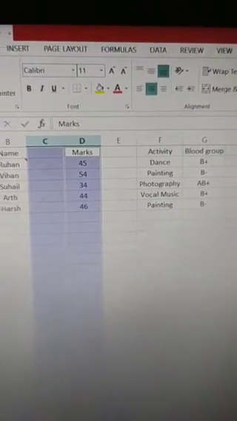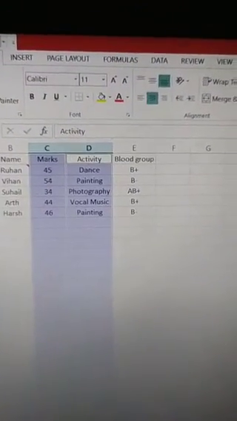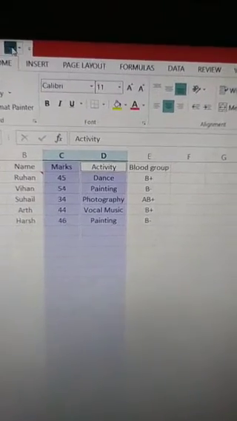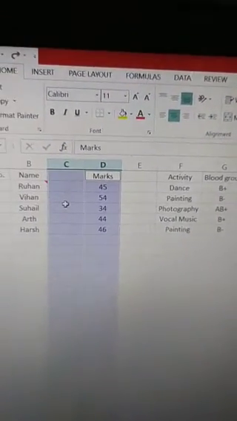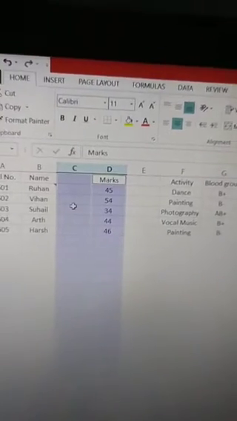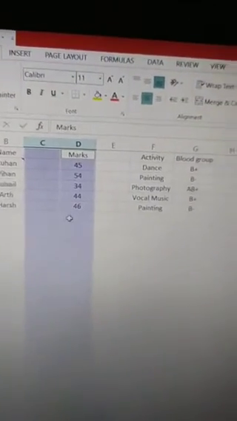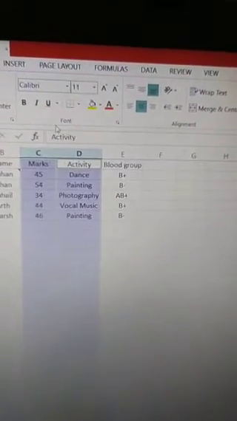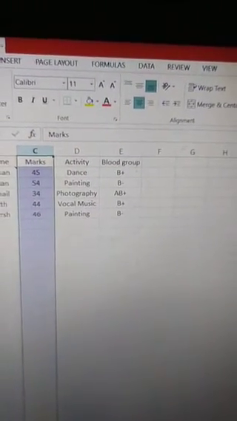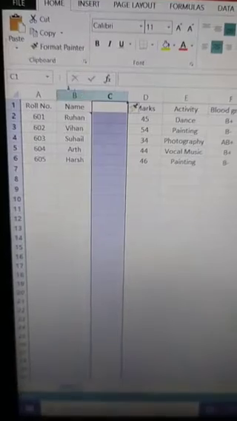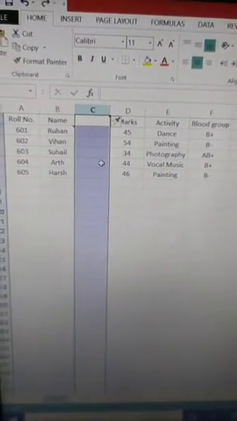That was the previous one, and now with this action new columns are added. If we select a single column, then only one column is inserted with this option. You can see one column is inserted here.